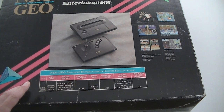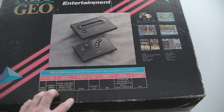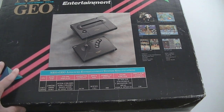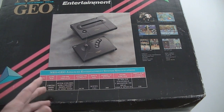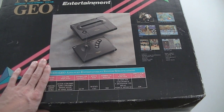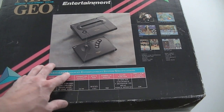This was marketed as the monster for your home. So nothing is compared to this, and they wanted to show that with all these technical specifications. But no one understands that, or hardly anyone understands that. So this was totally redundant, and not the single reason why it didn't sell well, because it was blatantly very expensive. The console was really expensive, but the games themselves were absolutely crazy priced sometimes,